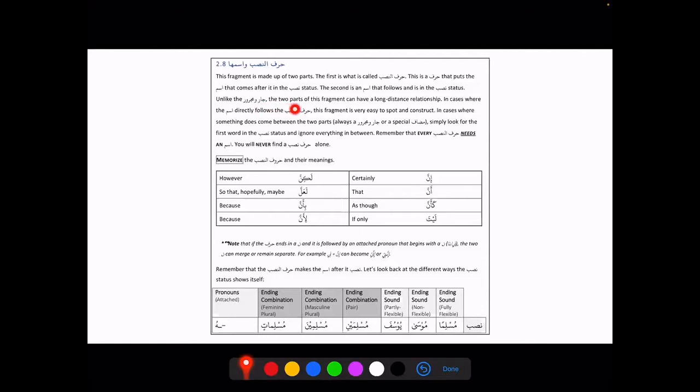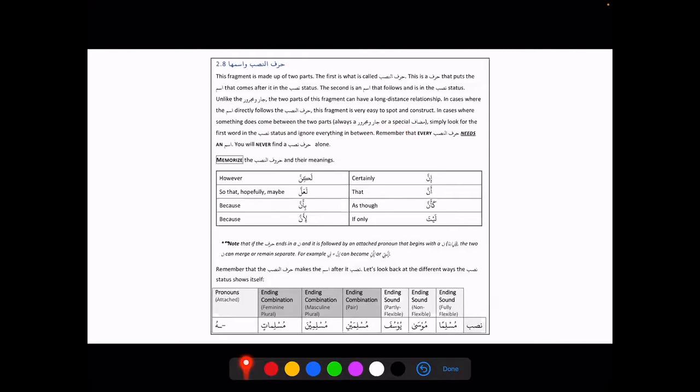So unlike jar majroor, the two parts of this fragment can have long distance relationship in cases where the ism does not directly follow the harfu nasab. This fragment is very easy to spot and construct. So sometimes it is going to be right beside it, and sometimes it is going to bear a long distance. In cases where something comes between the two parts,